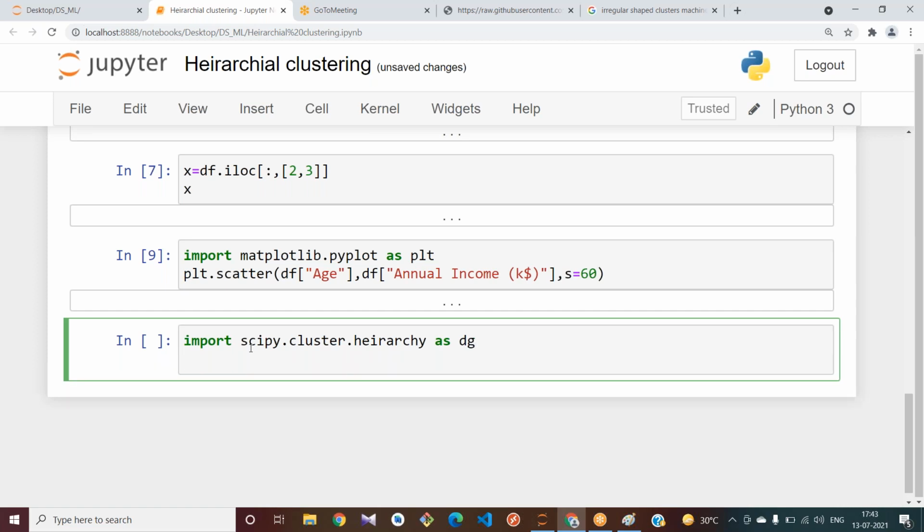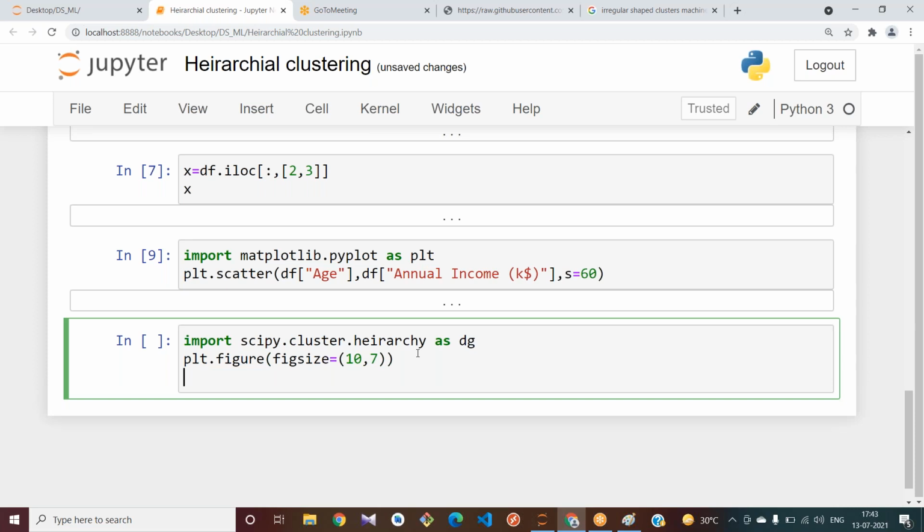Let us give some figure size to see it more clearly. plt dot figure of figsize equal to 10, 7. Next, I want to find the dendrogram.